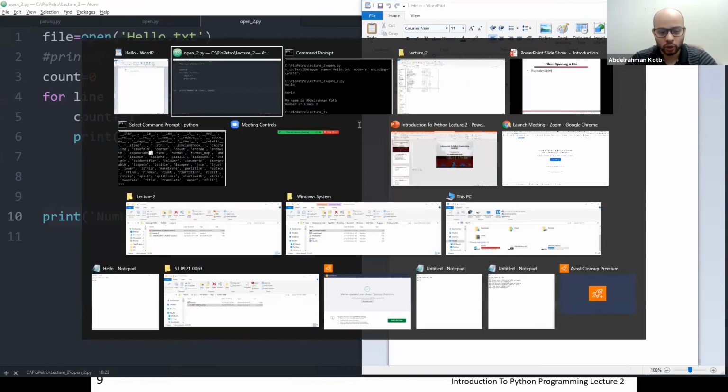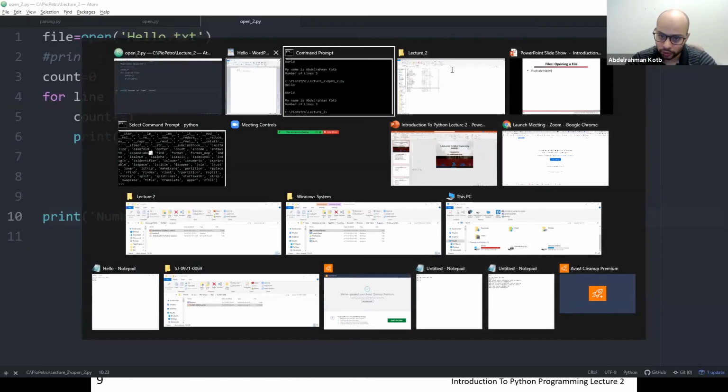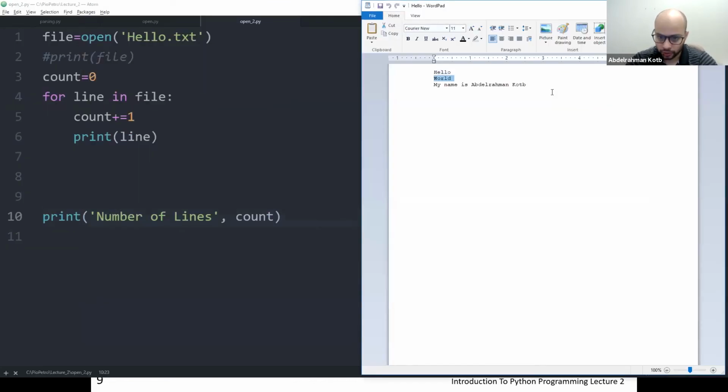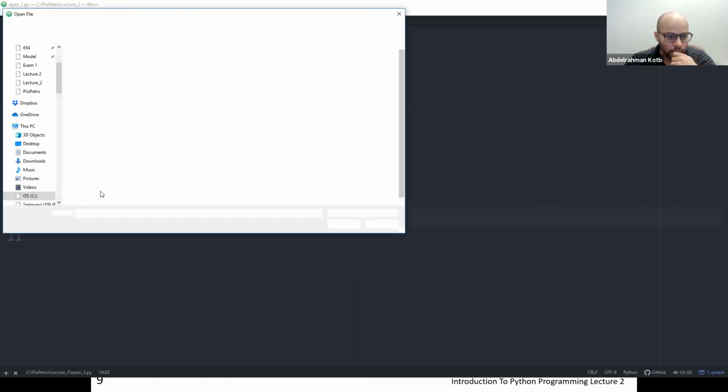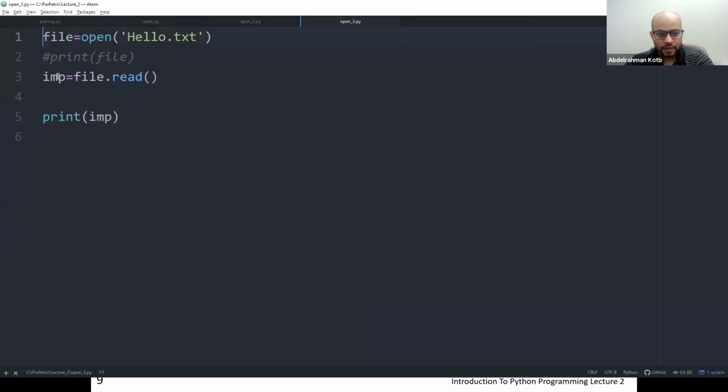Number of lines, because it goes into the file, it goes, okay, 1, 2, 3, and it prints the number 3. Okay. But this is good. This is useful if I want to count the lines. But usually what I'm trying to do is get into the words themselves. And for that, I open the file, and this is the function that I have to use to actually read this text.